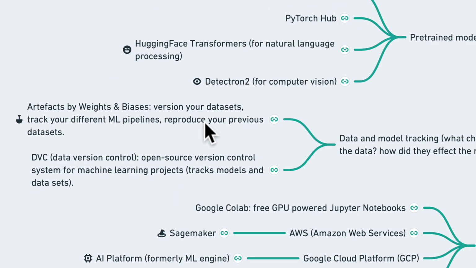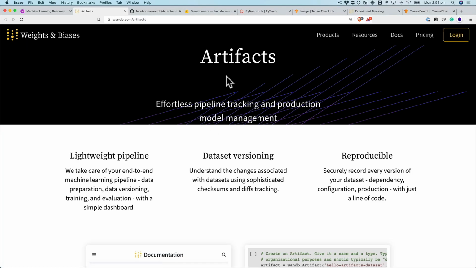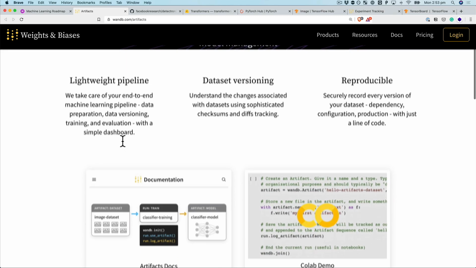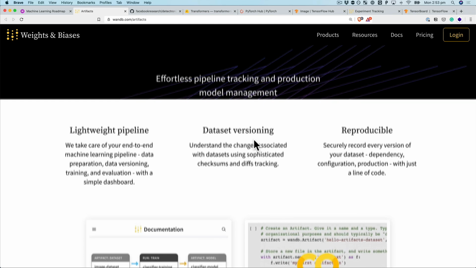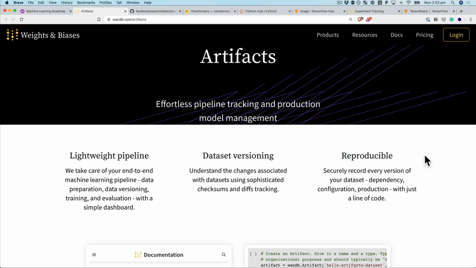Like if you've got the original data set that you've collected, and then you make a change on it, you've got change 1, and the model does performance on that, you've got model 1, you make change 2, but then you rerun model 1 on change 2, all of a sudden you do that a couple of times and you're going to get very mixed up. But artifacts by Weights and Biases, remember how I said I love Weights and Biases offering, now have a way to version your data set. So track the changes that you've made to the data that you're using, and then build reproducible machine learning models